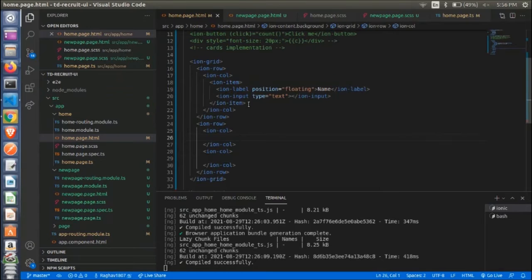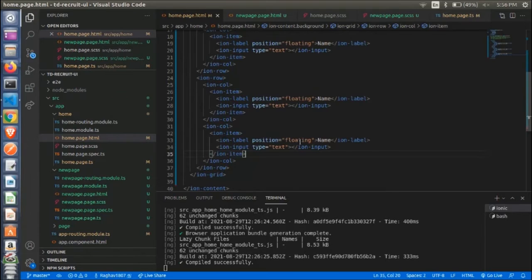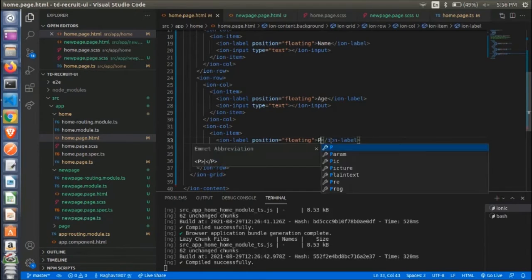Now you can just copy the item that we created beforehand in the first row and paste both of them in the two ion columns that we just created. The label position will still be floating. The label of the tag we will change, for example, I will give here age and here let me say password.